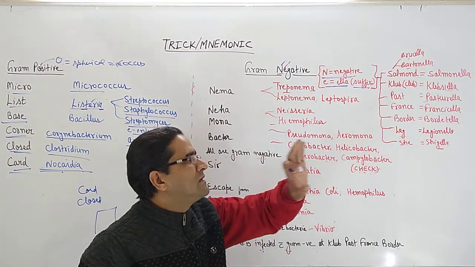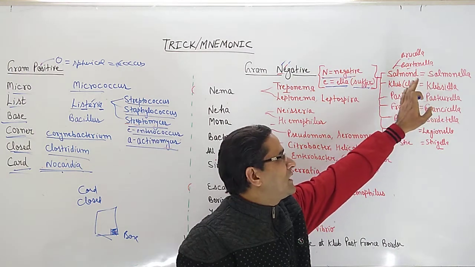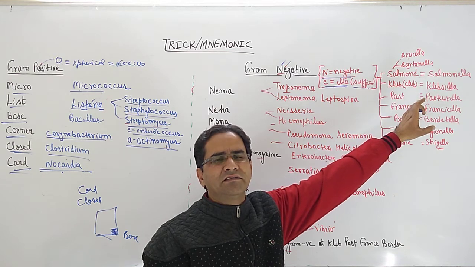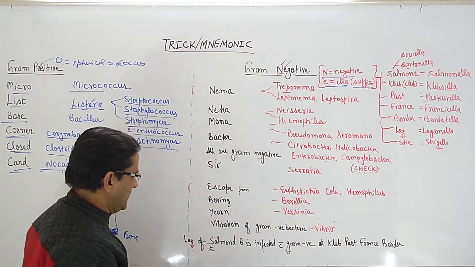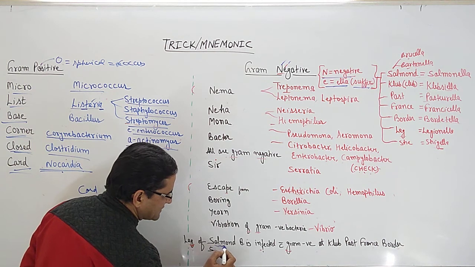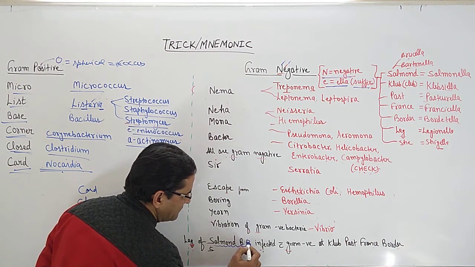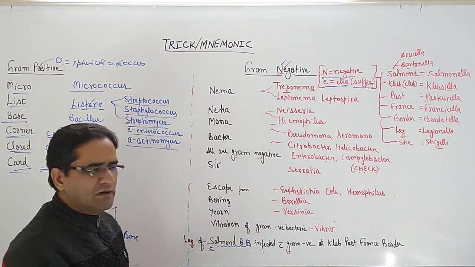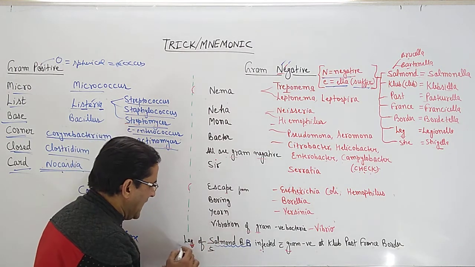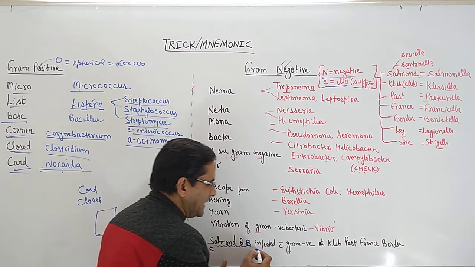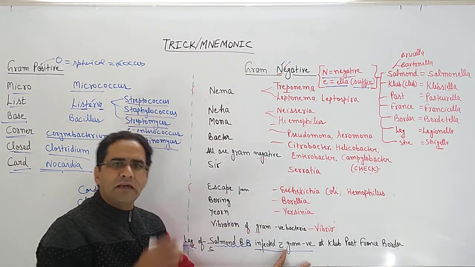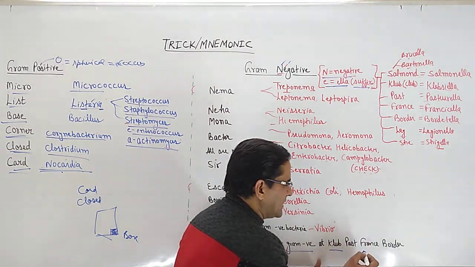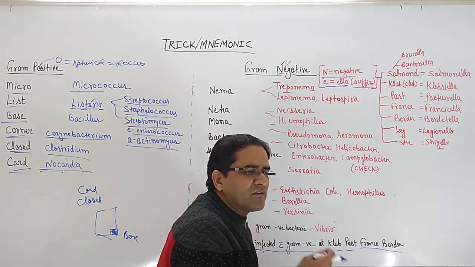So keep in mind, there is a person who got infected with a gram-negative infection. The name of the person is Salmon BBS. You can keep it either way, Salmon BBS or S Salmon BB. Now this person's leg of Salmon BB was infected with gram-negative. He was infected, but where? At a club, just crossing the France border, meaning past the France border.